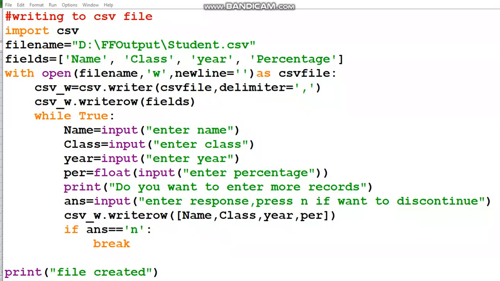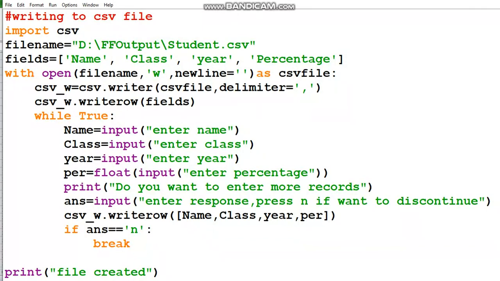So I'm creating another file named student.csv, with the extension CSV. This file will get created through Python. So import csv, a variable filename, and fields, which is the name of a list variable. For the header row, I have created a list, because the header row is to be inputted only once, so that is outside the loop and processing.